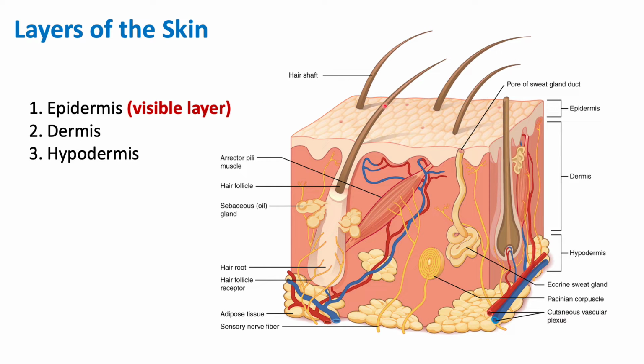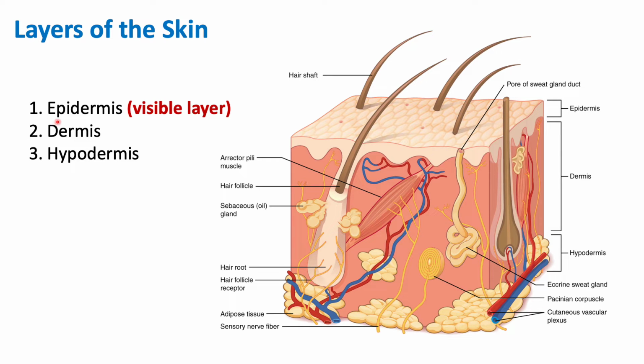Now, if we take a look at this diagram over here, we can note that the dermis actually makes up the majority of the skin, and the epidermis actually makes up a very small portion of the skin. Now, a way to remember the order of epidermis, dermis, and hypodermis from superficial to deep, we can remember that